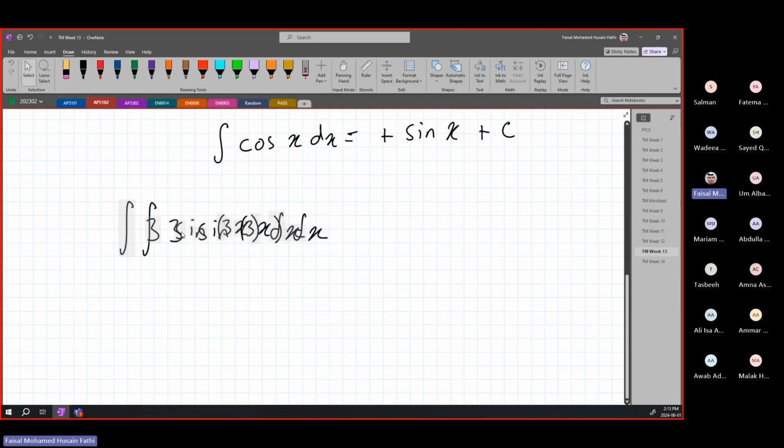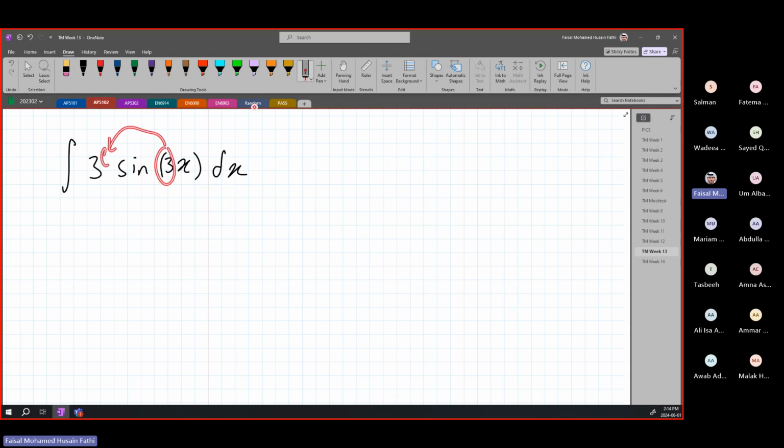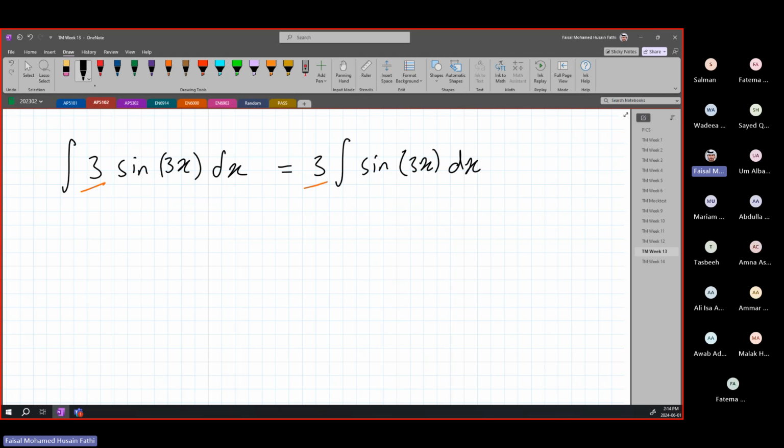If you remember in differentiation, if we wanted to differentiate this, we would take the 3 outside and multiply it over here. This is what we used to do for differentiation. For integration, we are going to be doing the opposite. So first, let's take out the constant 3 outside. It's a constant, it does not have any effect. Now we used to multiply for differentiation. In integration, we're going to actually divide.